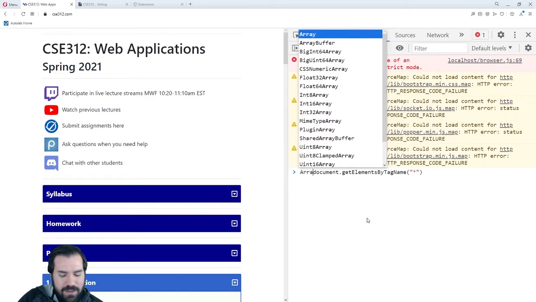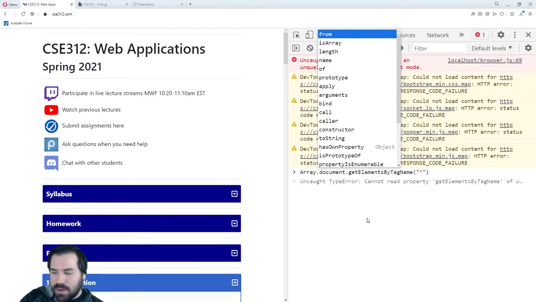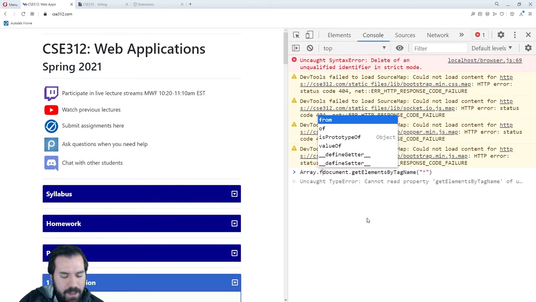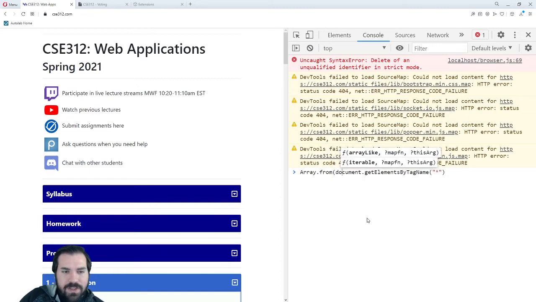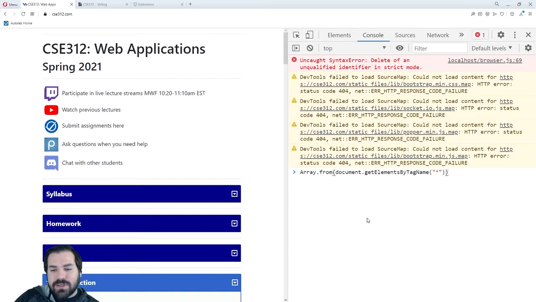I want to change this to an array. I'm going to cheat a little bit. My mind's blanking. Array.from is going to take that data structure and turn it into an array so I can use some array things. What I want to use is forEach, capital E. And then call a function,